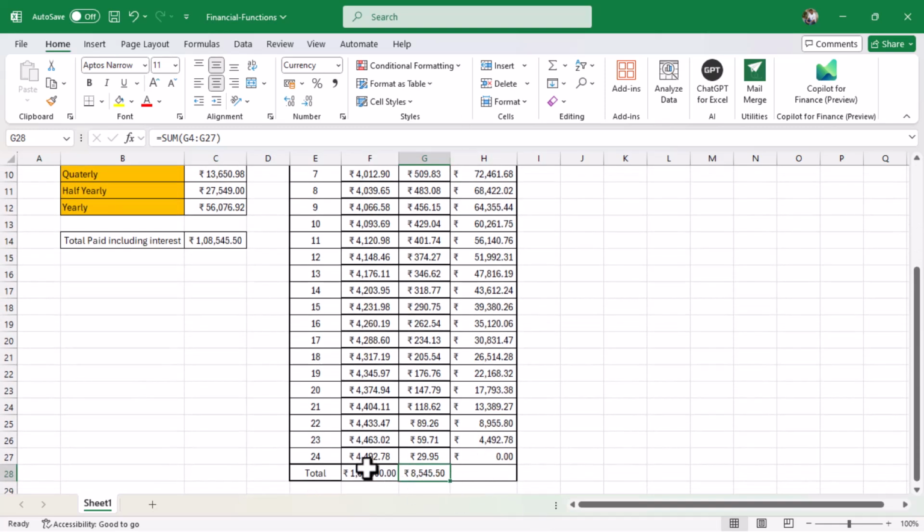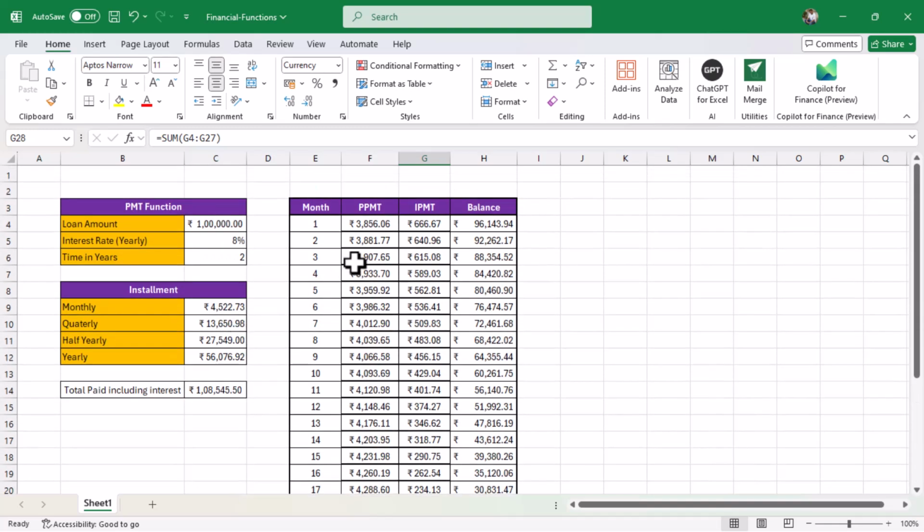So if you see equal to 1 lakh plus 8,544.50 equals to this amount, 1,08,545.0. So friends, in this particular video, we have seen the different types of PMT functions which you can use in Excel for finding out your interest amount, your payment amount, your principal paid, your interest paid for a loan